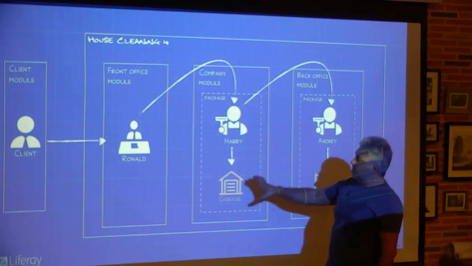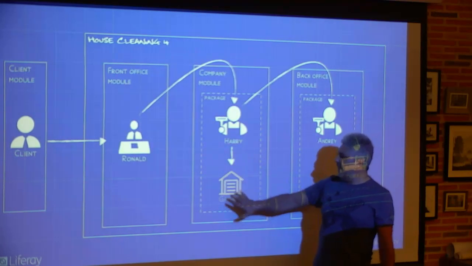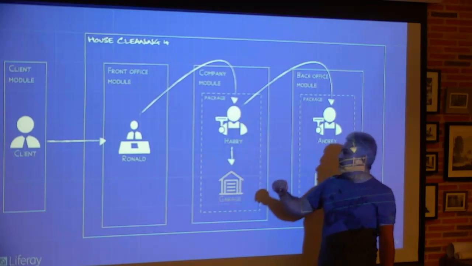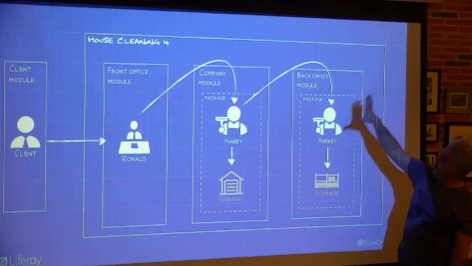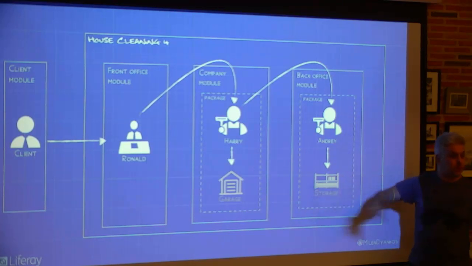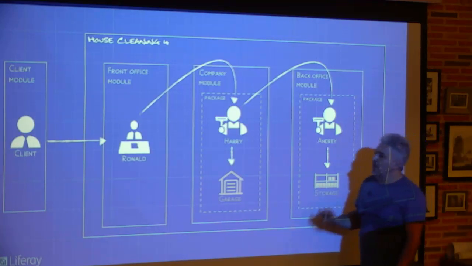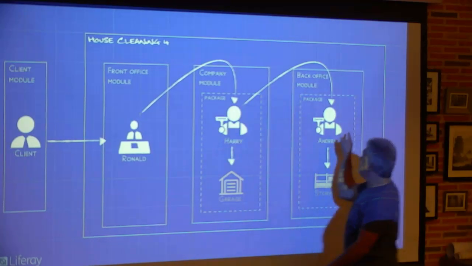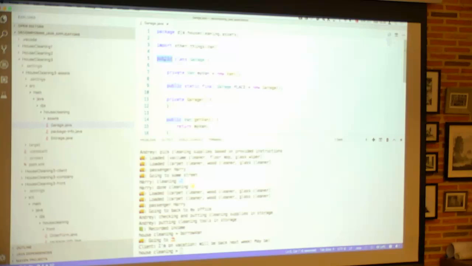Harry goes like, okay, I'll do something else. I'll stick with the garage with me, and I'm going to protect it, right? So no one has access but me, in my company module, in my company building. And in the back office, I'm going to put Andre, and he's going to guard the storage. So no one has access to the storage except by asking Andre, right? And then Ronald is going to talk to me, and I'm going to talk to Andre. So that's perfect. That solves all the problems that we have. So in terms of code,